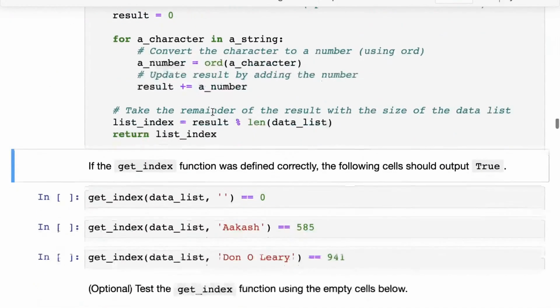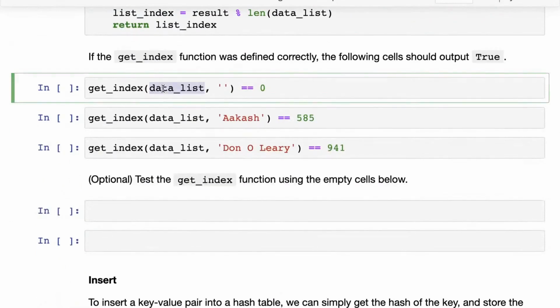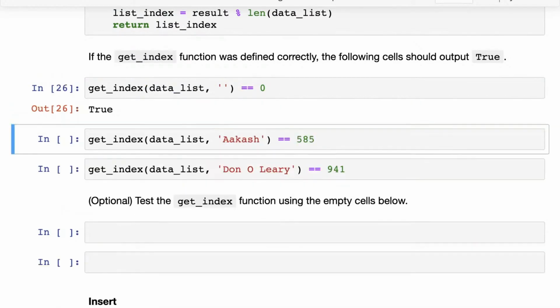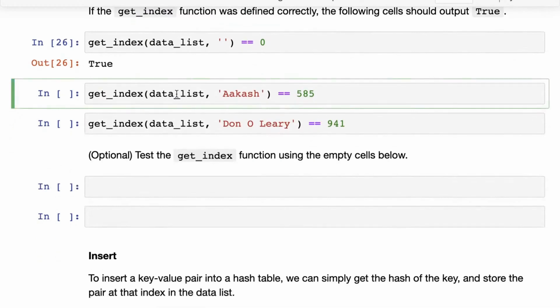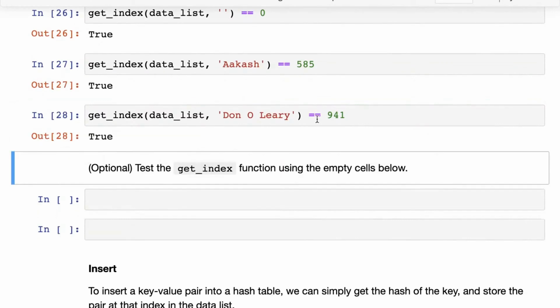So there you go. This is our function get_index that has been defined, and here are some tests. If you pass in the data list and the empty string, because there are no characters, the result is likely to be 0. Great. Here's another one. The result here is 585. Here's another one. The result here is 941.